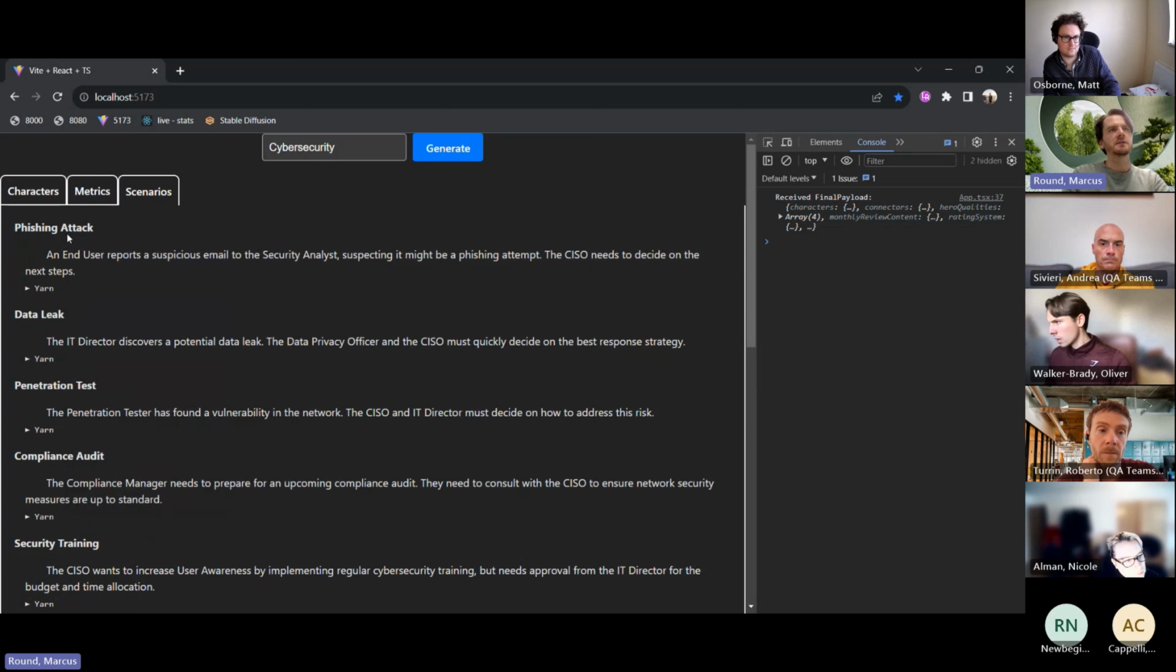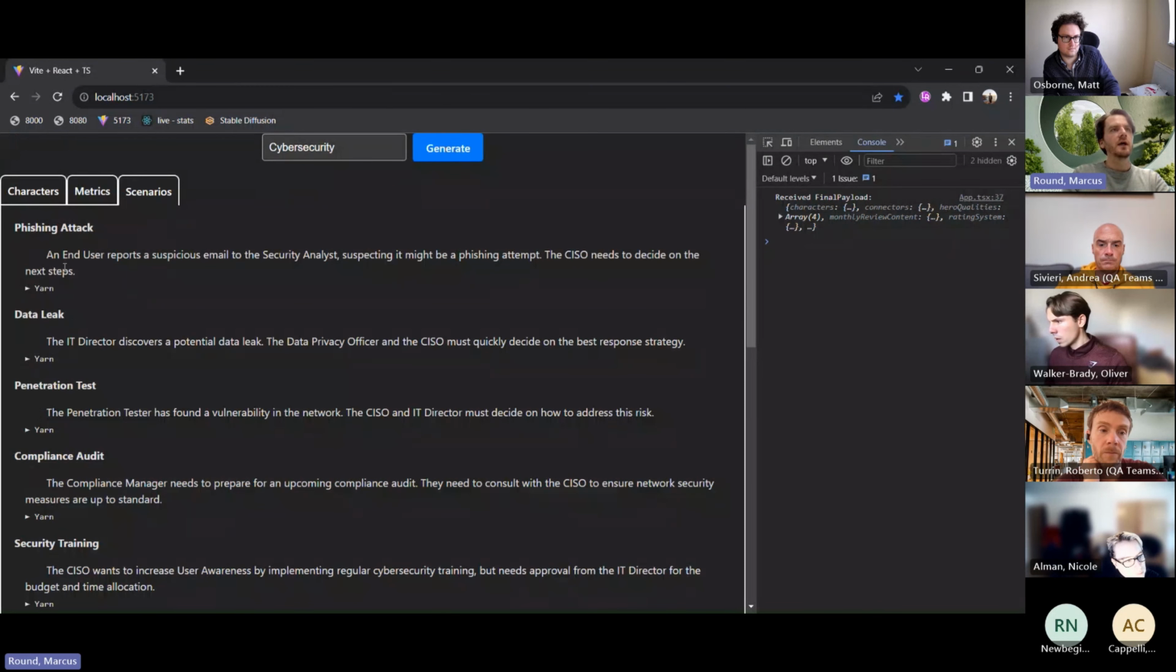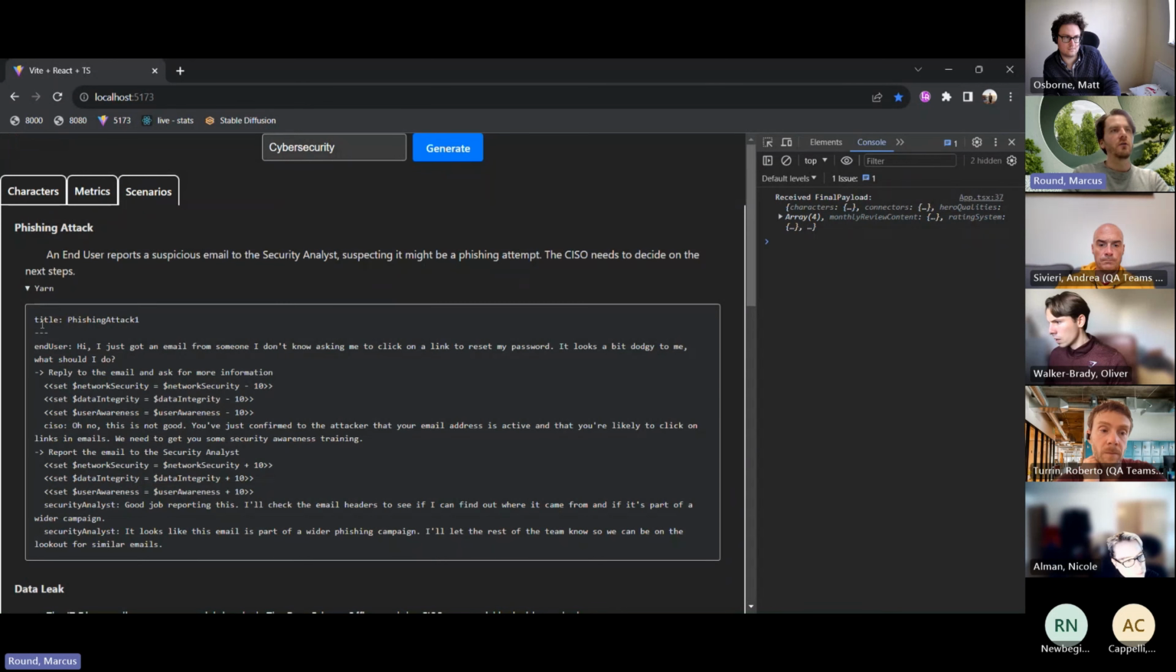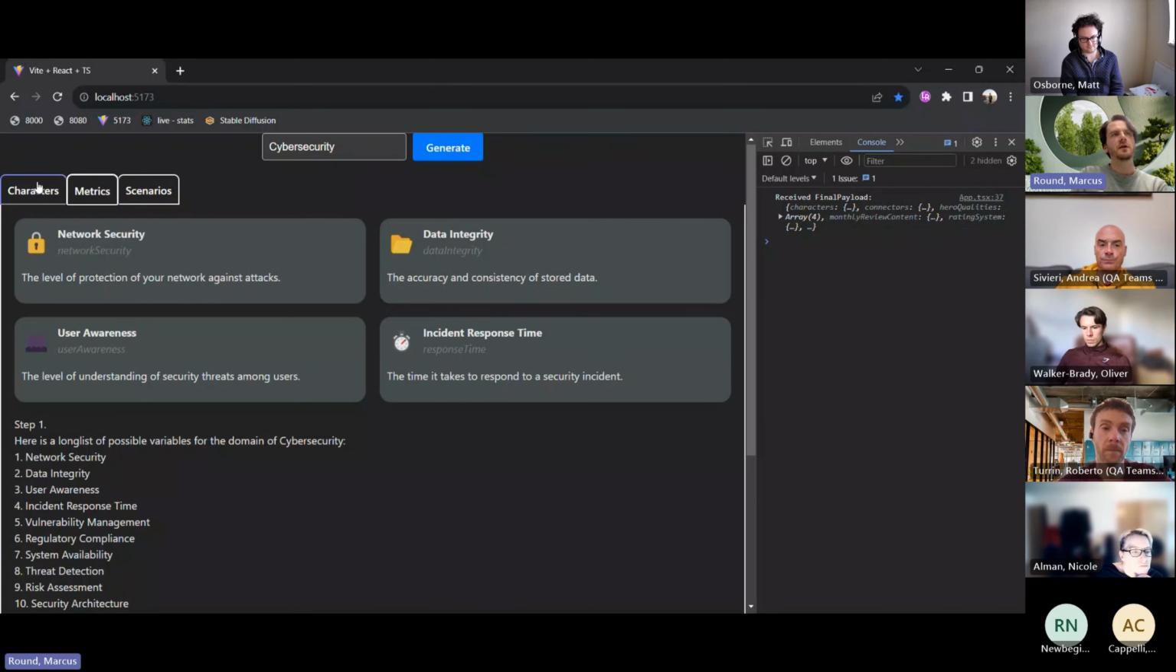Based on those characters and those metrics, it then generates 10 or 12 scenarios and the corresponding Yarn syntax that you could plug into the game. So the idea is that the content writer could just take this, copy and paste it somewhere and start working. This is obviously just a very quick